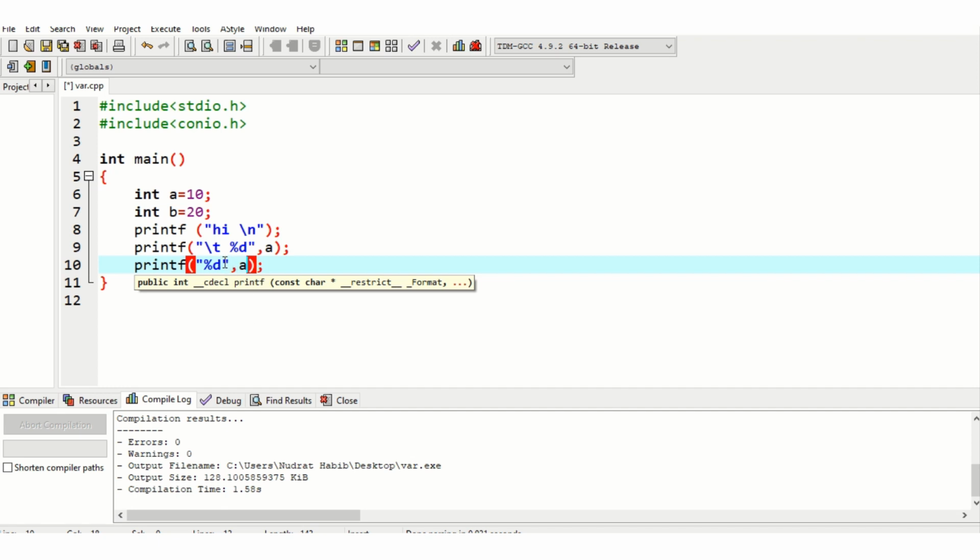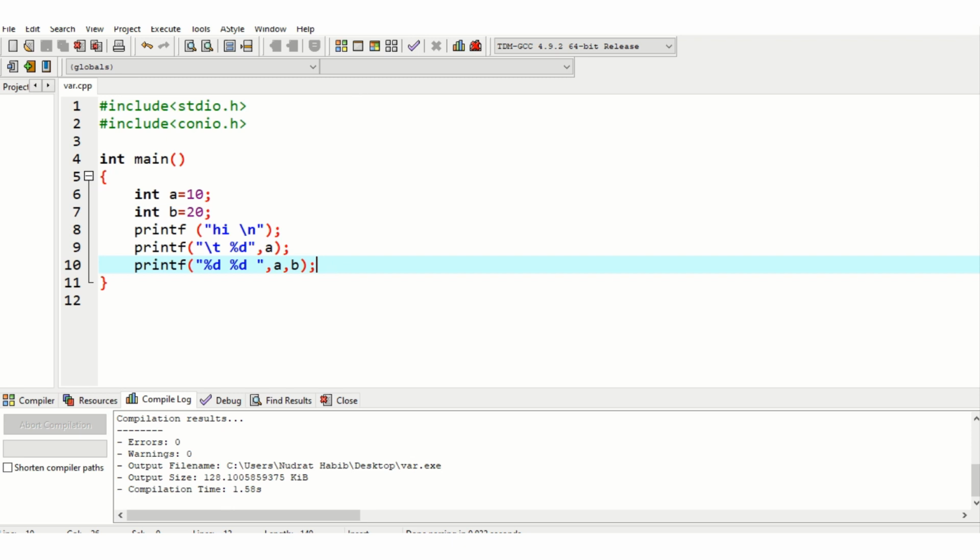We can add as many placeholders as we want, and the number of placeholders and the number of parameters must be the same. There are two placeholders. It means your compiler is expecting two integer values here, so two variables with the integer data type must be placed here as parameters. So we can use two printf statements to print those two variables, or we can use a single printf statement and print two variables using one statement.